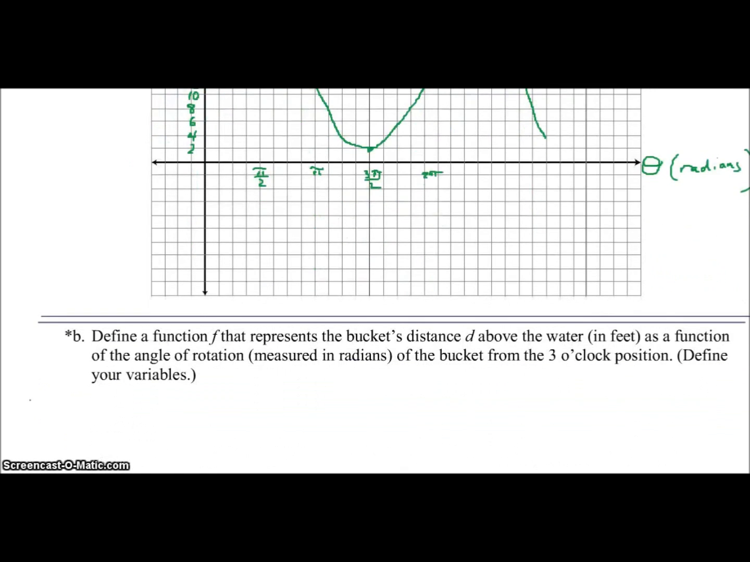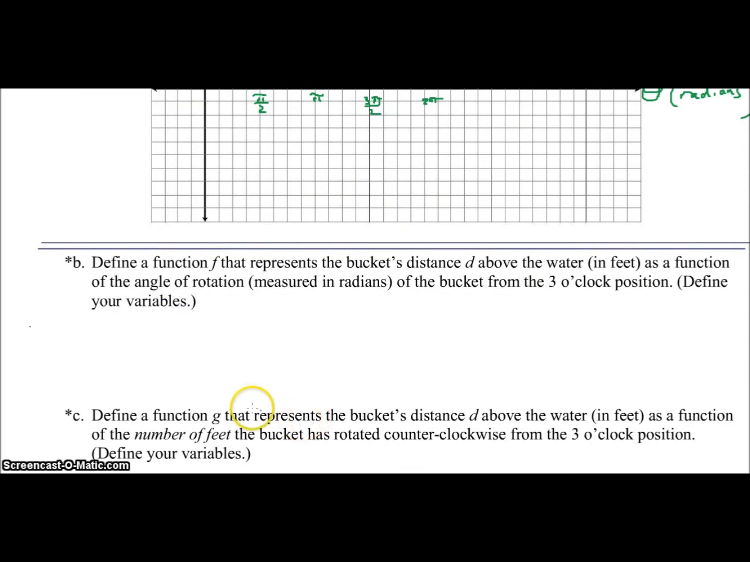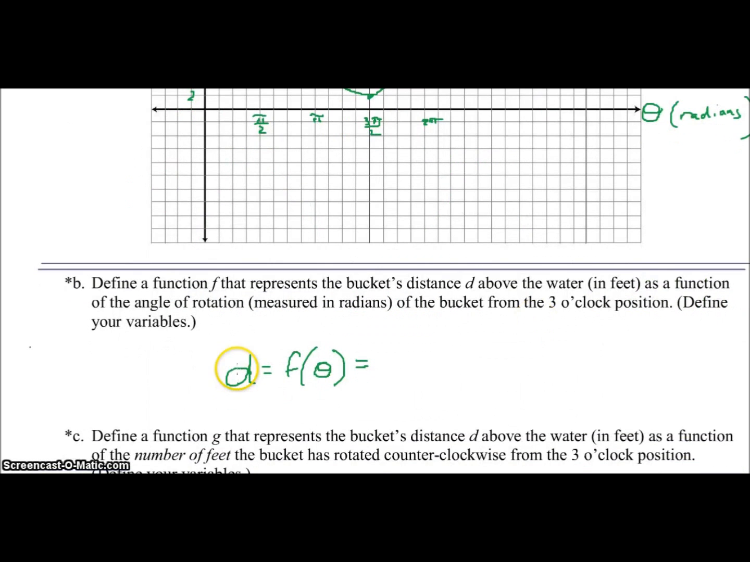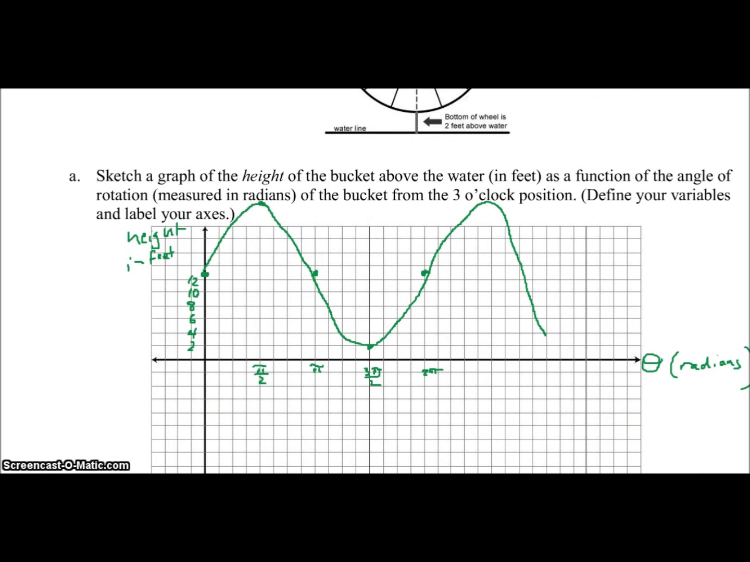Define a function f that represents the bucket's distance d in feet as a function of the angle of rotation measured in radians of the bucket from the 3 o'clock position. Well, we start off 2 feet above the ground. I think, hold on a second, let's take a look at this. You know, we start off really, our initial position is 13 feet above the ground, plus our amplitude here